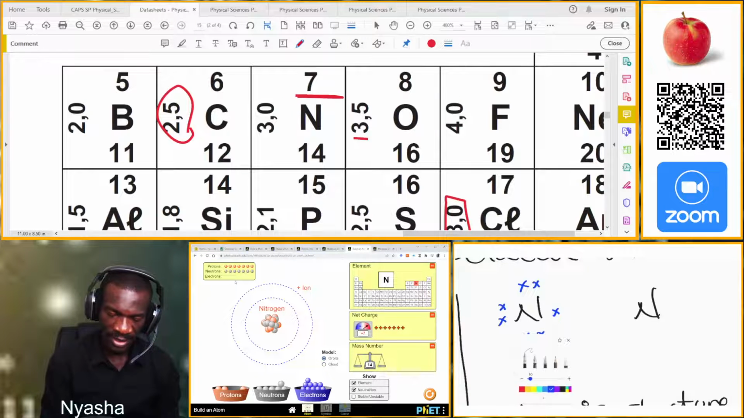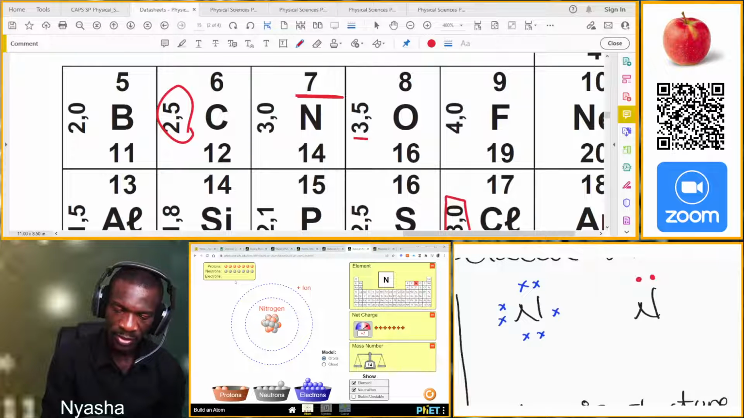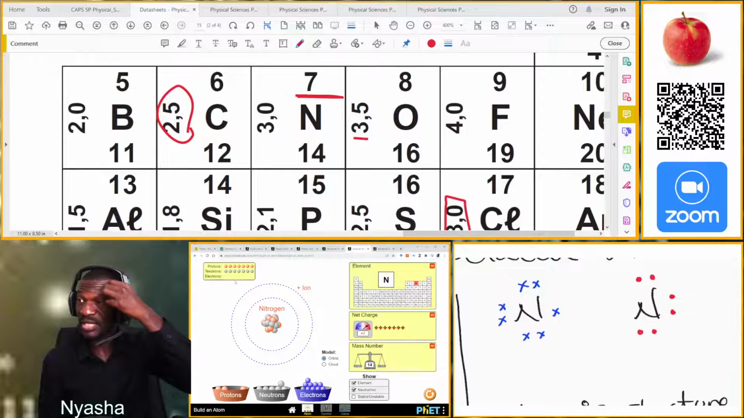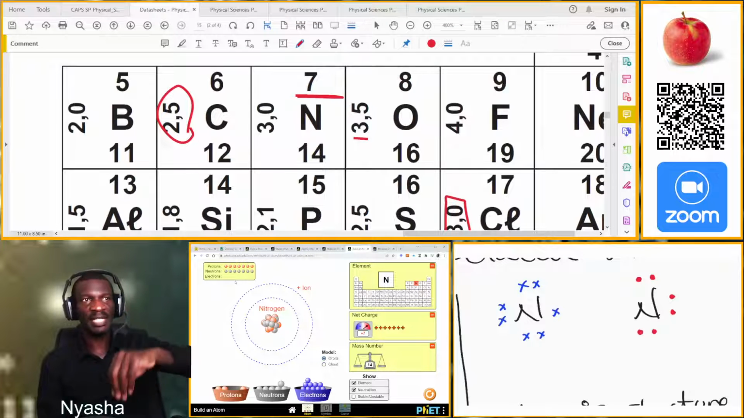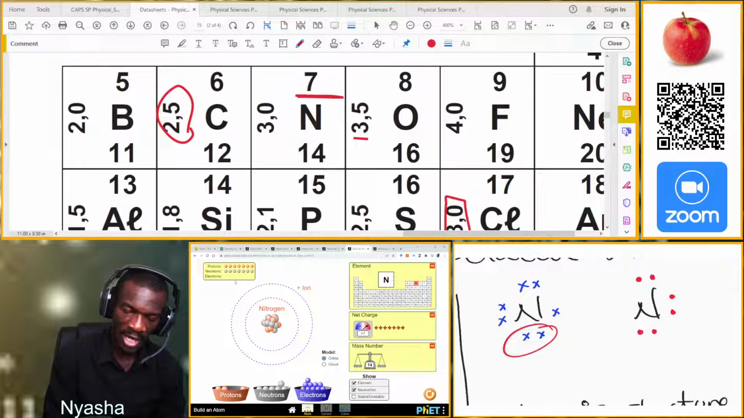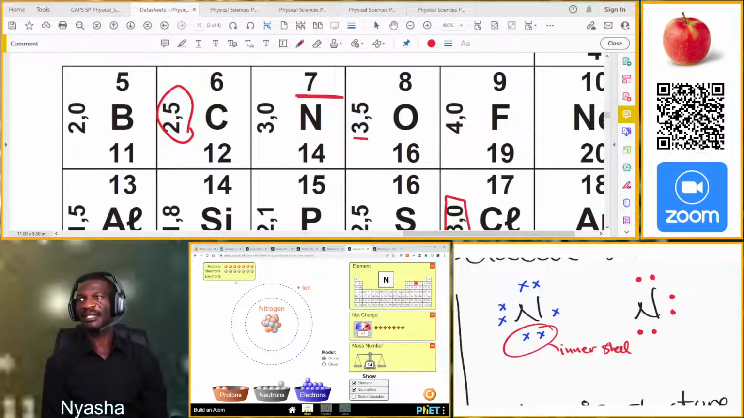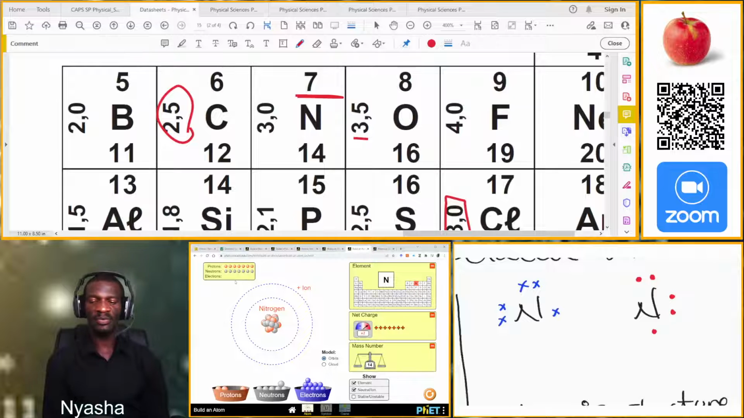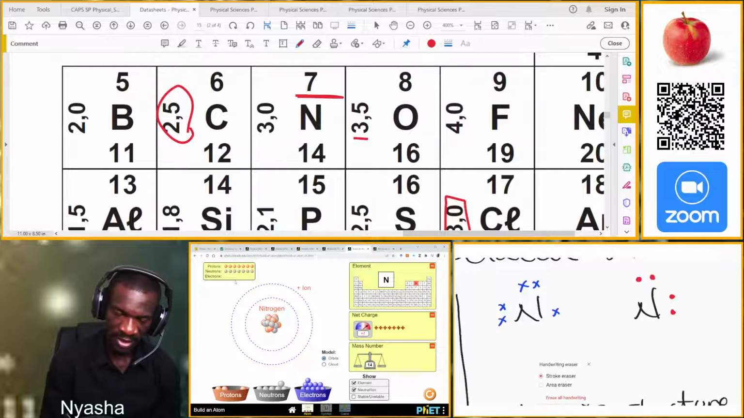The same should apply on the right hand side. We should have 1, 2, 3, 4, 5, 6, 7. So 2 should enter straight into the innermost shell, isn't it? If 2 are in the inner shell, then how many do we have on the outside? We remain with 5. So on the outside, we should remain with 5. So let me just put it here so that we can see